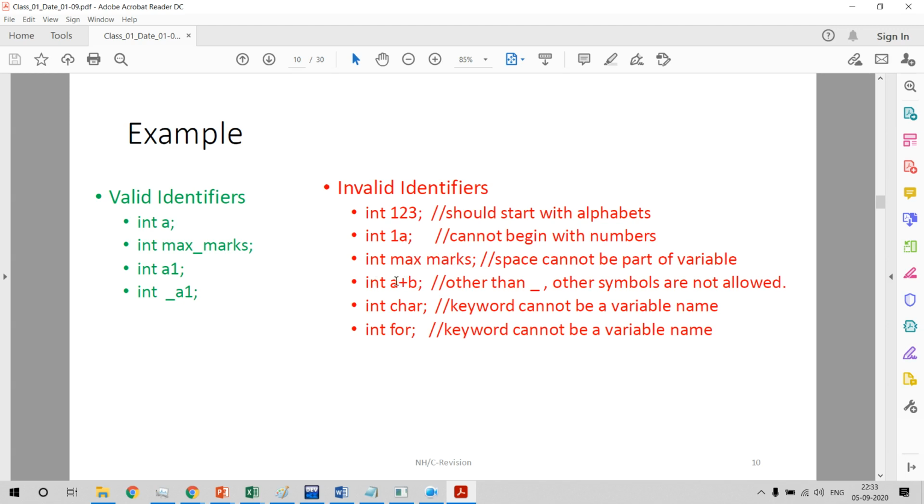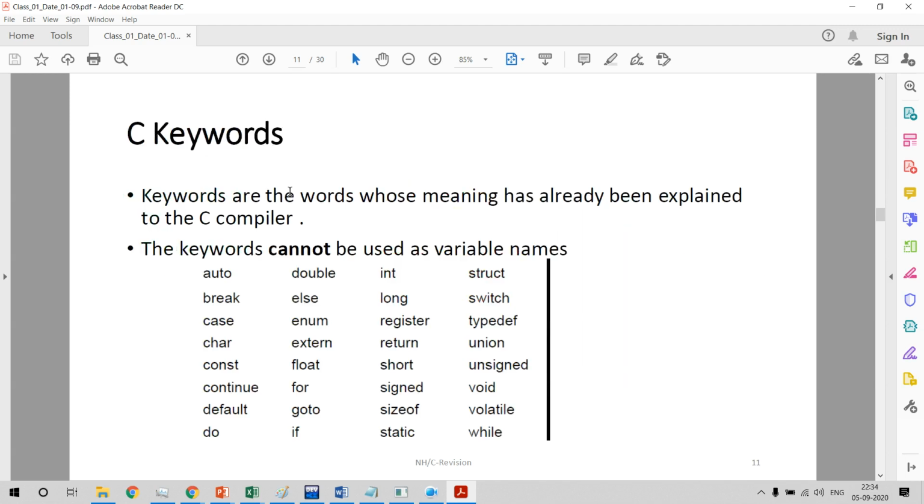Int a plus b, you can use underscore, all other symbols are invalid, plus cannot be used. Int character, a keyword cannot be used. Int for, a keyword cannot be used. So all these red colored are invalid identifiers. These are the keywords that are used in the C program. These keywords have got predefined